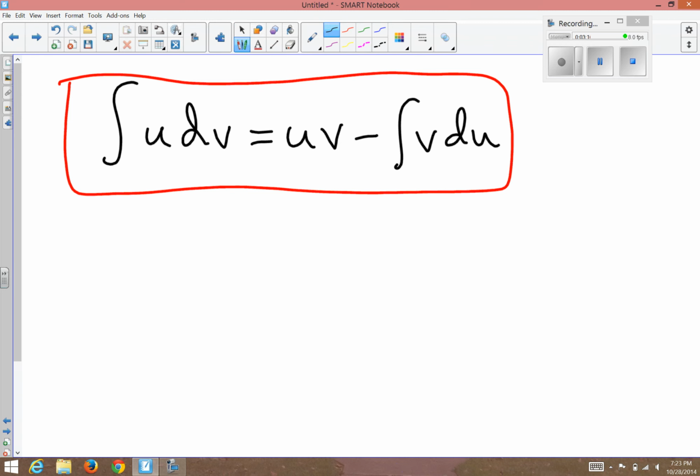Let's do page 350, exercise 4. Integral or antiderivative